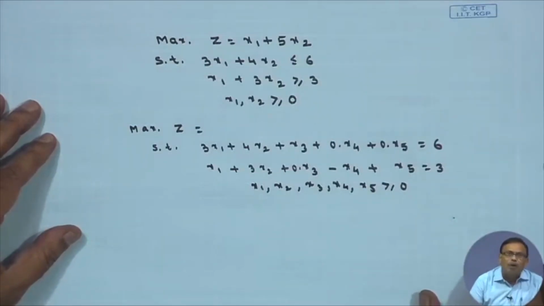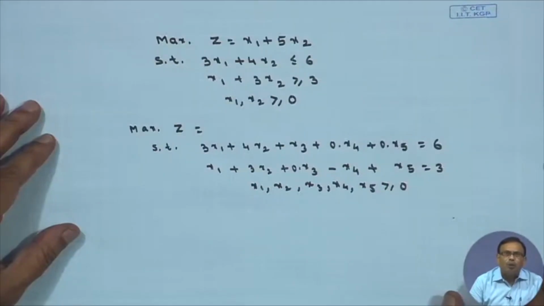For this particular problem, x 3 is the slack variable which you have introduced to convert the less than or equal to type into equality type, whereas for the second constraint x 4 is the surplus variable and x 5 is the artificial variable,